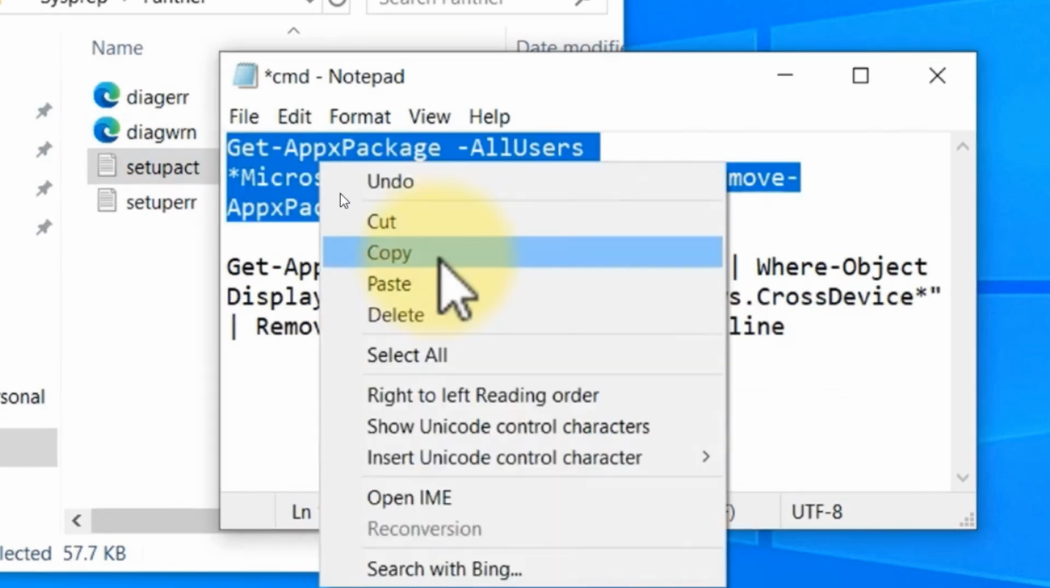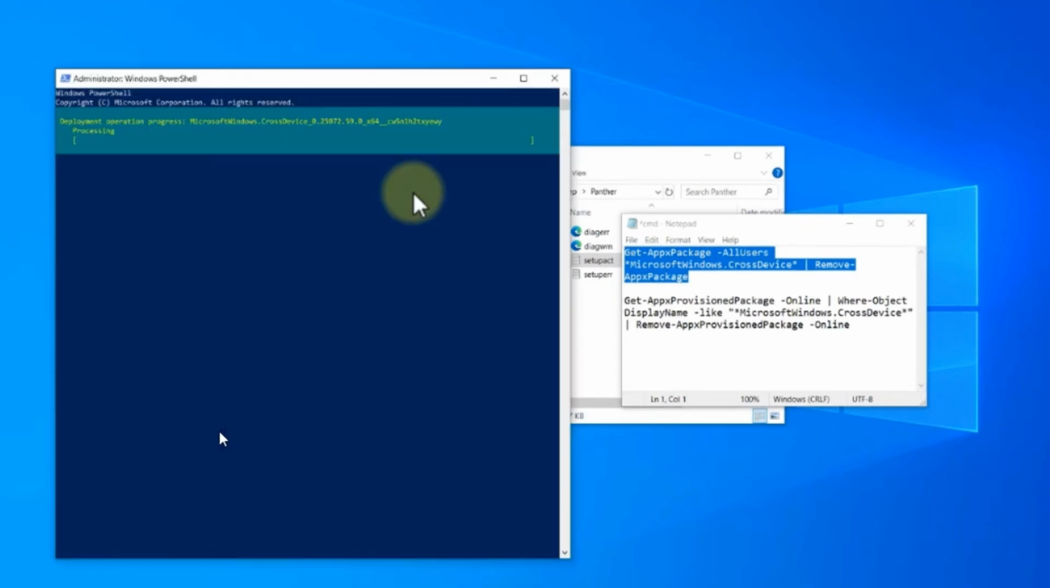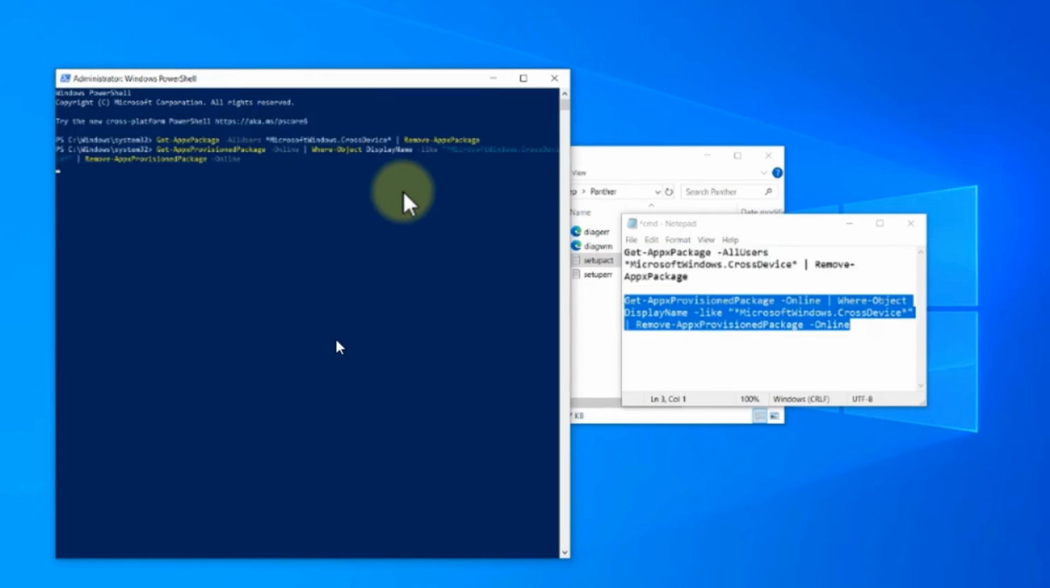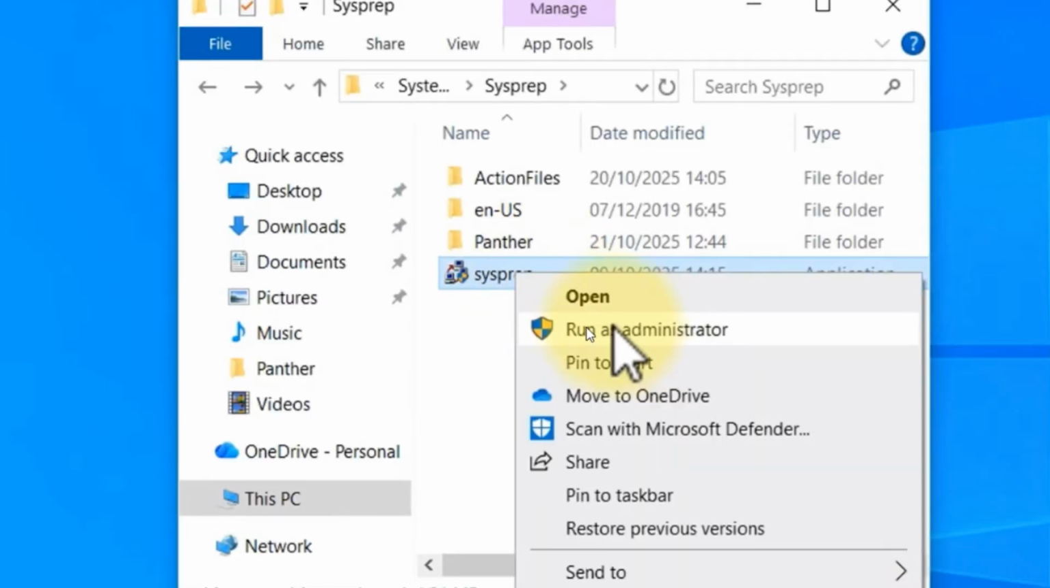Just copy this and open PowerShell as administrator. Just search PowerShell in your search menu and then run as administrator. After that, just copy this first code and then paste it here and then hit enter. And once this completes, just copy this second code, paste it here and then hit enter again. After this, restart your PC and then go back to your Sysprep folder or run Sysprep and click on